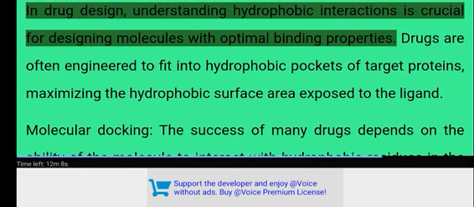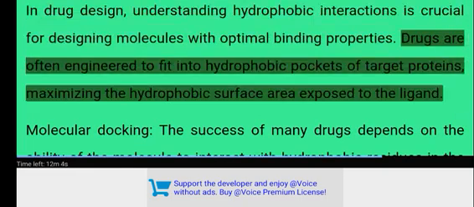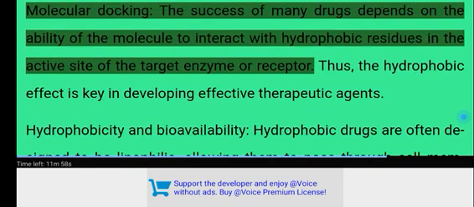7. Hydrophobic interactions in drug design. In drug design, understanding hydrophobic interactions is crucial for designing molecules with optimal binding properties. Drugs are often engineered to fit into hydrophobic pockets of target proteins, maximizing the hydrophobic surface area exposed to the ligand. Molecular docking. The success of many drugs depends on the ability of the molecule to interact with hydrophobic residues